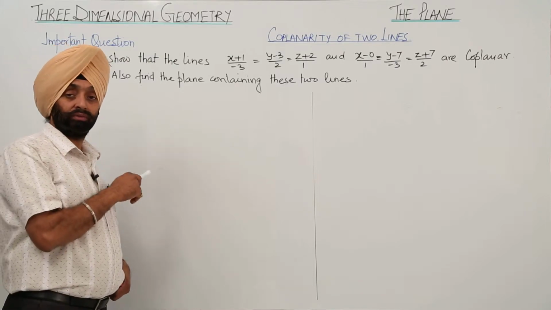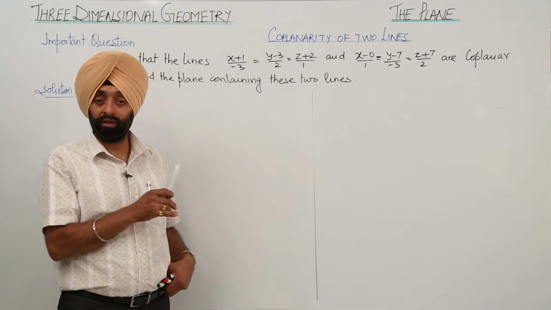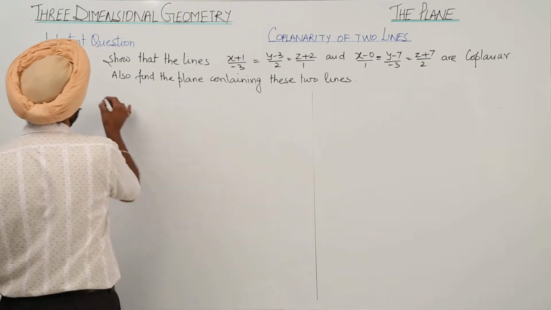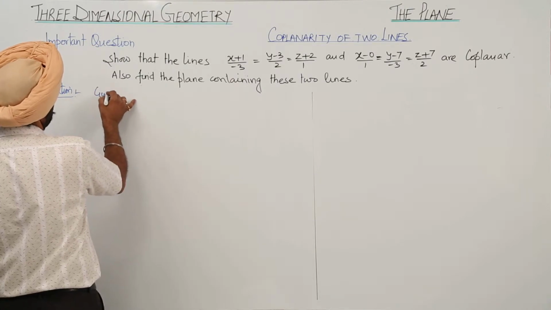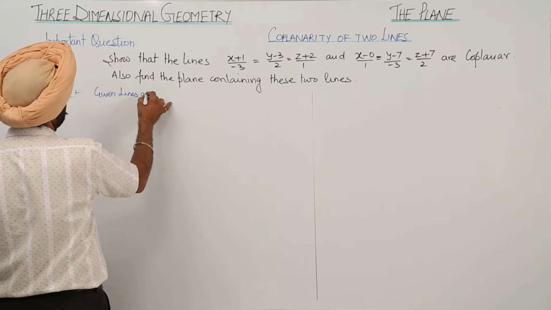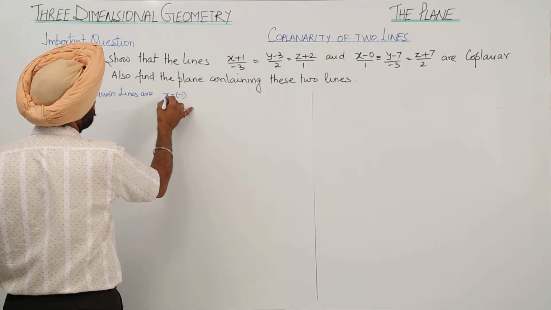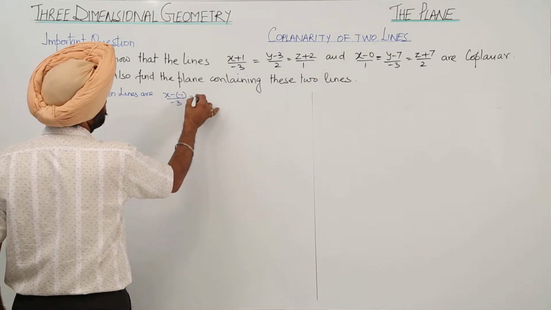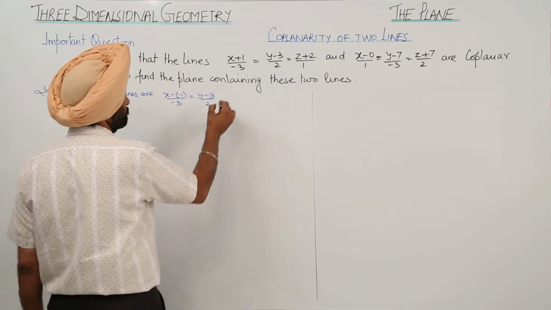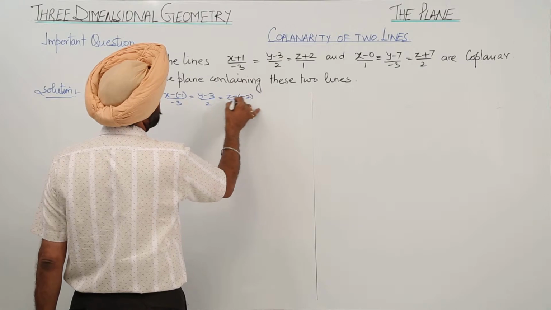We have to show that the given lines are coplanar, and then we have to find the equation of the plane containing these two lines. Now, the given lines are (x minus minus 1) upon minus 3, equal to (y minus 3) upon 2, equal to (z minus minus 2) upon 1,